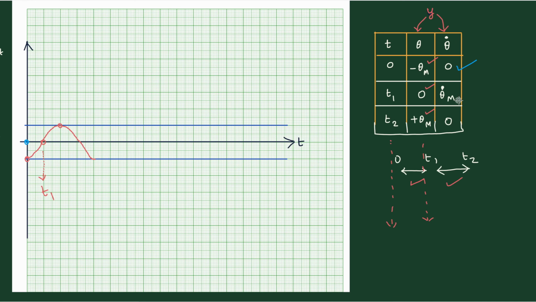Then after that, we have a positive theta dot m, a positive value of theta dot m. That means it will go to a maximum. M means maximum. So this is the maximum point. It will reach there at the point T1. You should also remember where T1 is. It is the same T1 that we have here. Right? This is the T1 that you have. So that is the point that you will have.